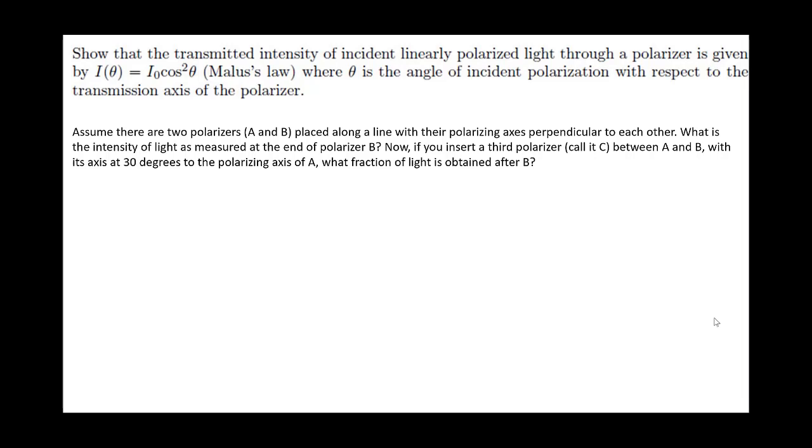Okay, so in this lecture, we're going to solve problems. Let's start with the last topic that we had discussed, that is polarization, right? We have to show here basically Malus's law. To do that, recall that a polarizer